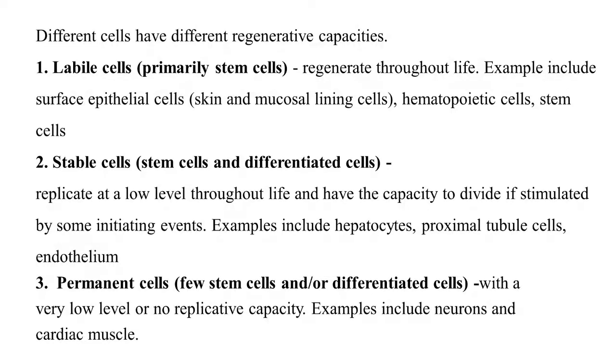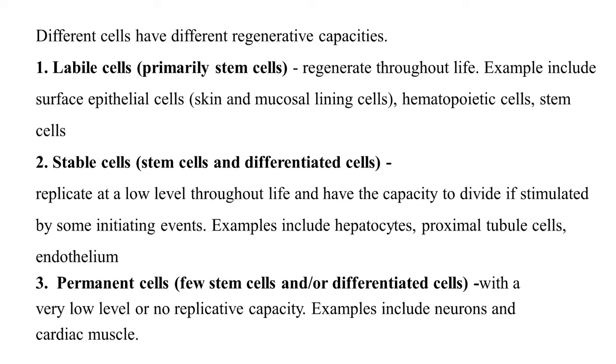When we talk about labile cells or primary cells, they are the cells that are able to regenerate throughout your life. An example is the superficial layer of our skin, the mucous lining cells, and hematopoietic stem cells. Whenever you sever the skin, you see that after some time it regenerates. You have a scar, and at some point the scar goes off and your skin becomes normal again. Why? Because granulation tissues have been able to fill the worn out tissues, and there has been a regeneration of the cells again.